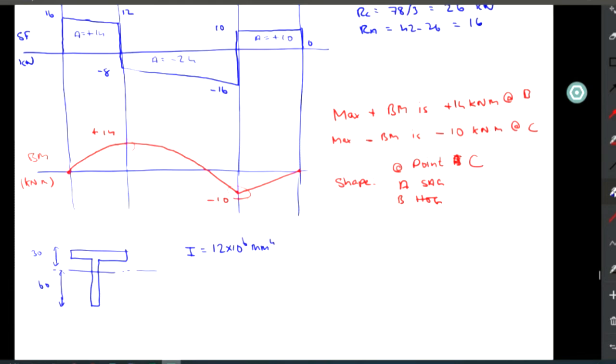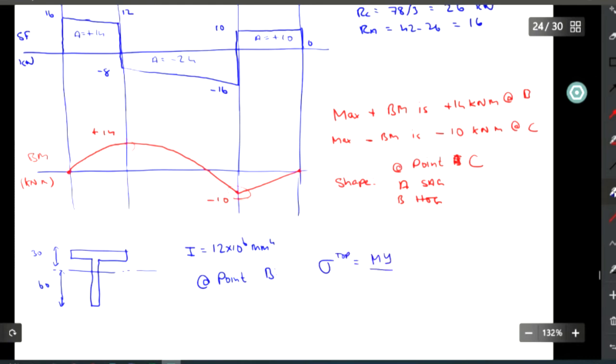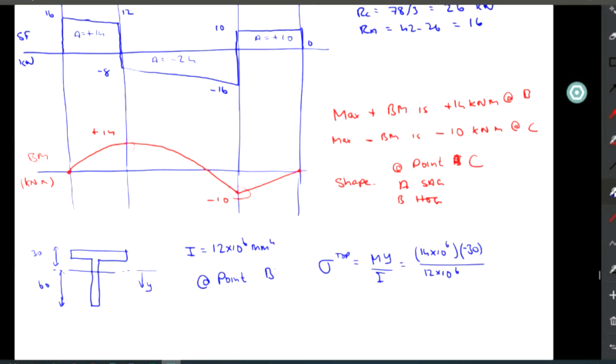So at point B, top stress is My over I, which is 14 by 10 to the 6 Newton millimeters, by y, which is 30, over the I value, which is 12. And so that's a minus value. So y is measured that way. Okay. So the stress at the top at point B